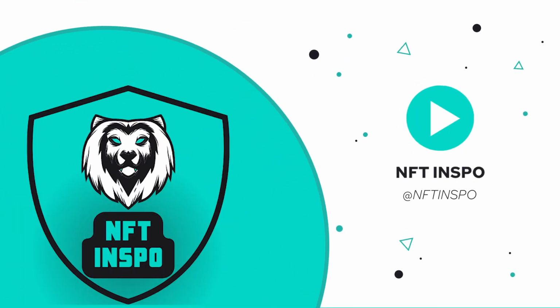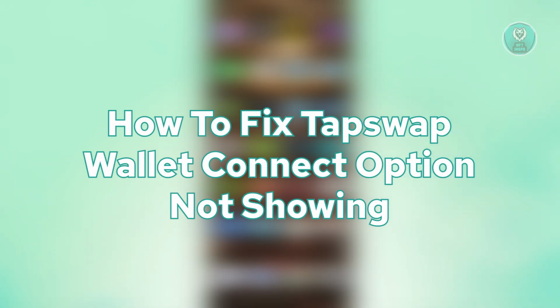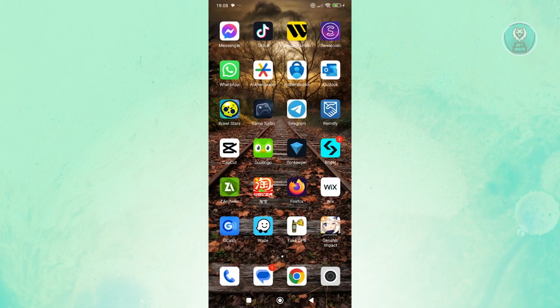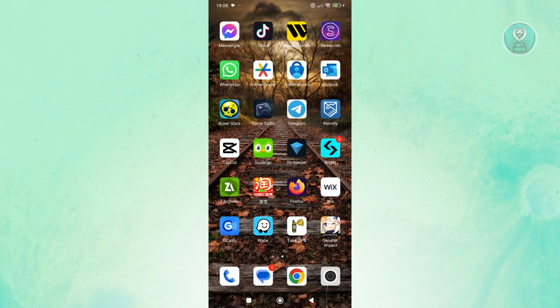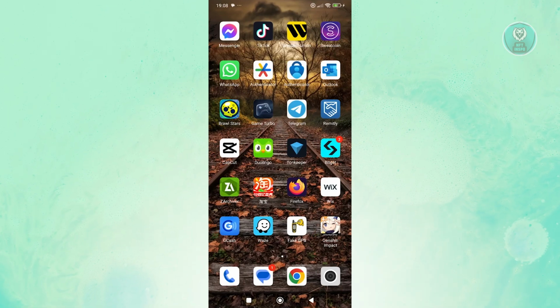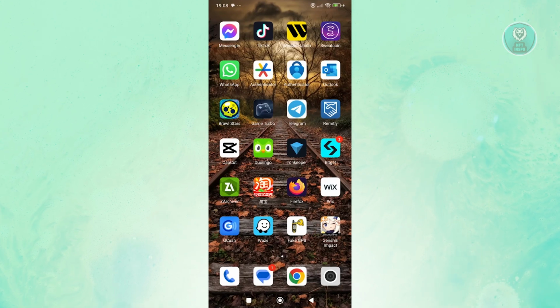For today's video, we're going to show you how to fix Tapswap wallet connect option not showing. So if you're interested, let's start the tutorial. Whenever you're accessing your Tapswap wallet here, you might notice that the connect wallet option might not be showing. In this case, there are a few things that you could do to probably